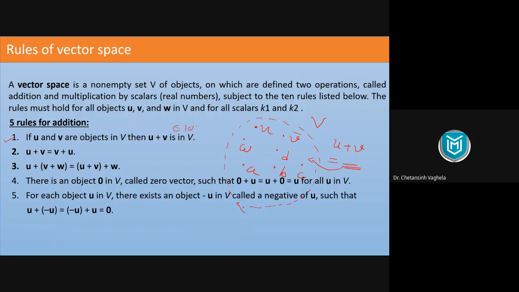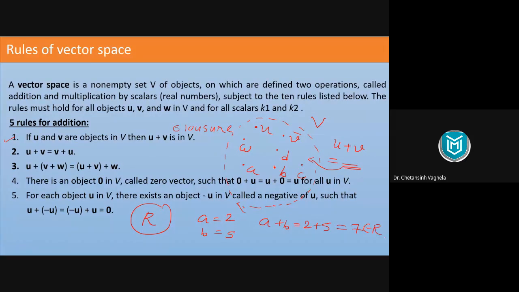Right? This is called closure property. Closure property means if you take two objects from your set V, if you add them, then their addition should be again part of your set V. For example, let's say if my set is R, set of real numbers, if I choose any two numbers from this set, let's say A equal to 2, B equal to 5, and if I add them, A plus B, 2 plus 5, what is 2 plus 5? 2 plus 5 will be 7. Now, do you think 7 is also part of R? क्या 7 जो है वो भी real number है क्या? है ना real number 7? That means 7 is also part of set R.